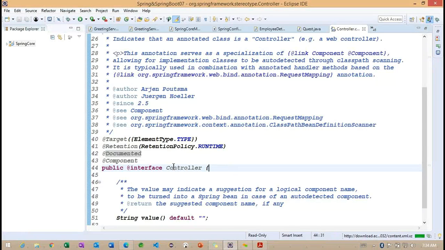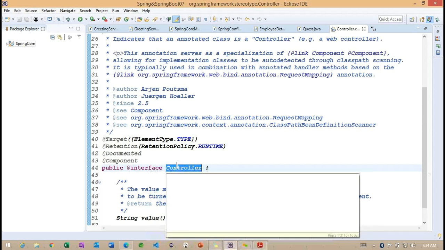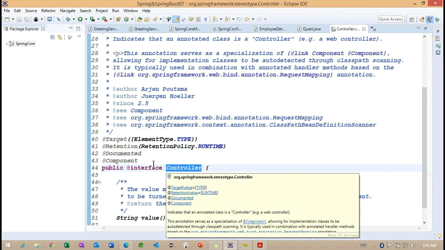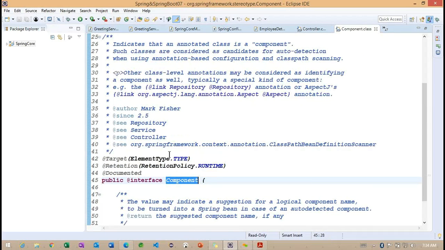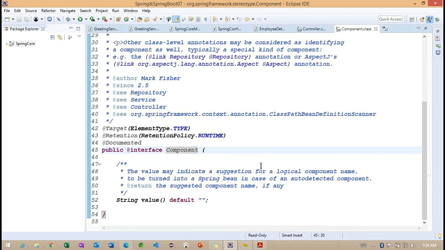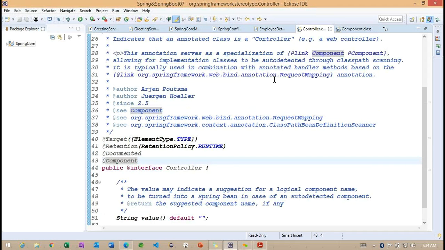So now you can observe here. This particular controller orientation we discussed in the previous example. But now what I want to show you is that this particular controller is trying to copy the functionality from the component. This particular component we already used in the previous example. Just for understanding, I want to show how these annotations are configured internally. This is the basic annotation we are going to call a component. Using this basic component internally, they implemented some other stereotype annotations.